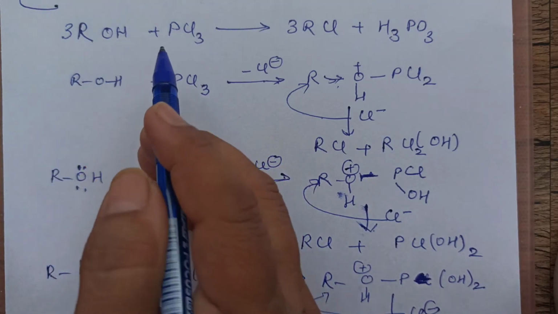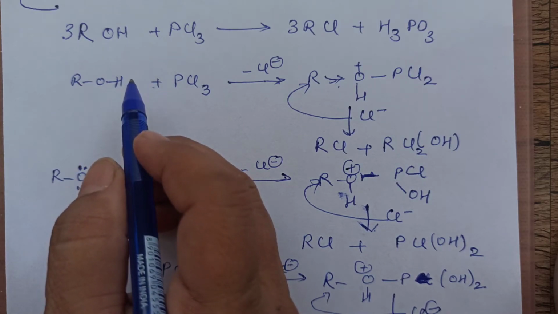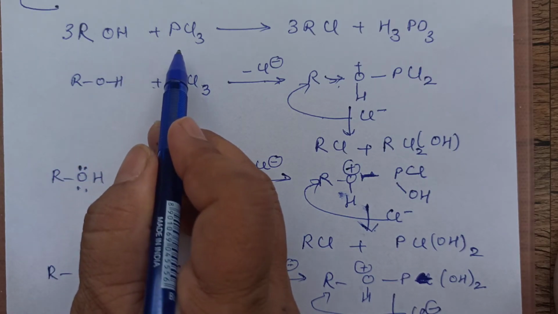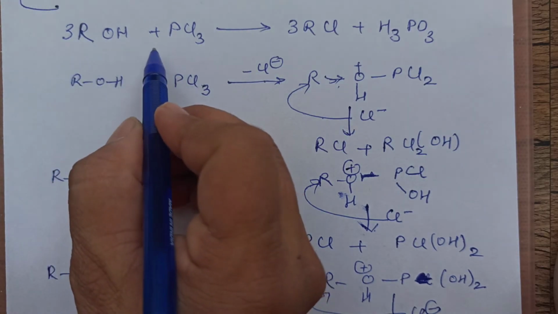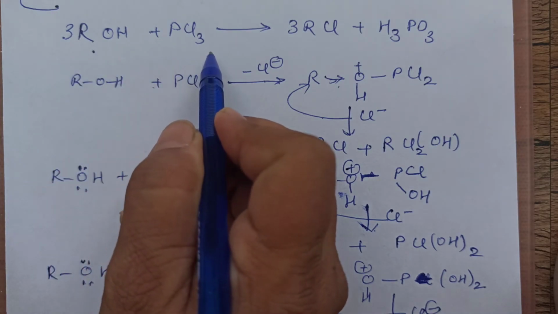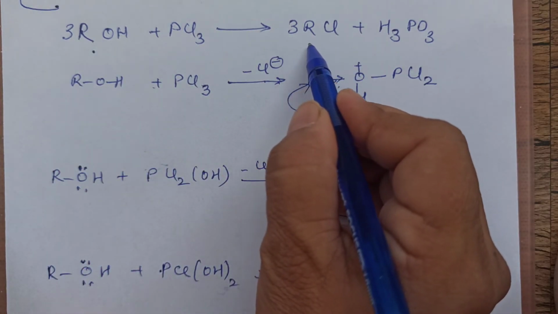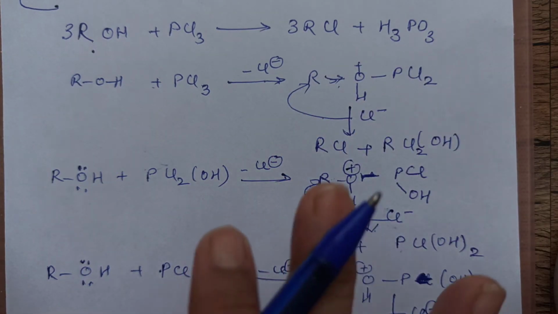These are all different halogenating agents. Previously, we have taken Lucas reagent as the halogenating agent. Now we are taking phosphorus trihalide. So, if we write down the basic reaction, it is alcohol, 3 molecules with PCl3. You are getting 3 molecules of RCl and H3PO3. Okay, this is the main reaction.